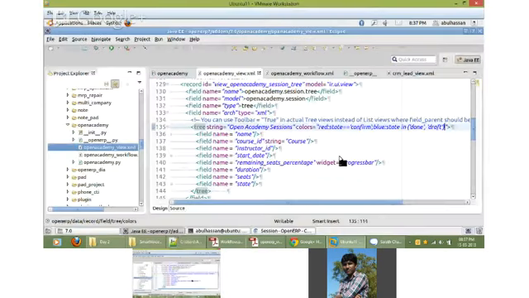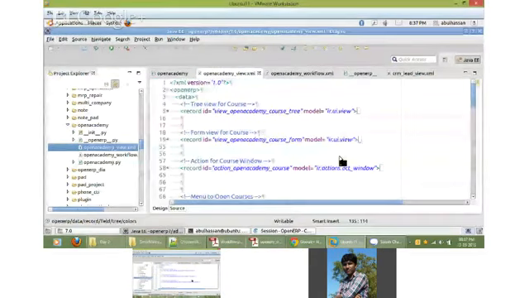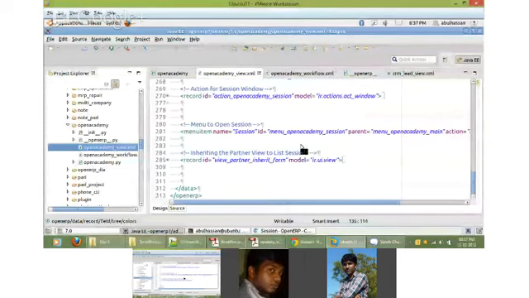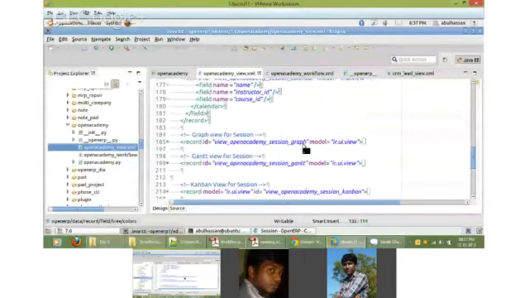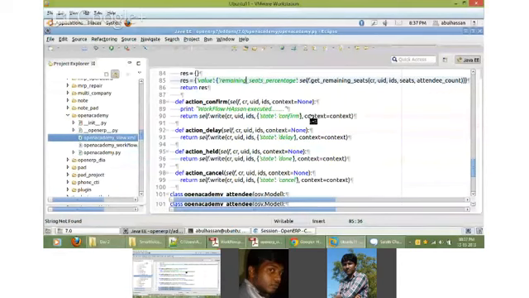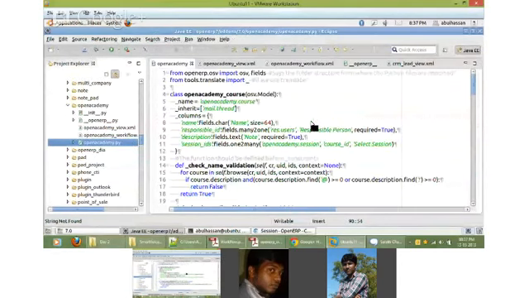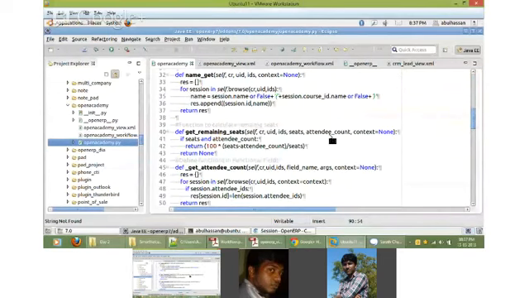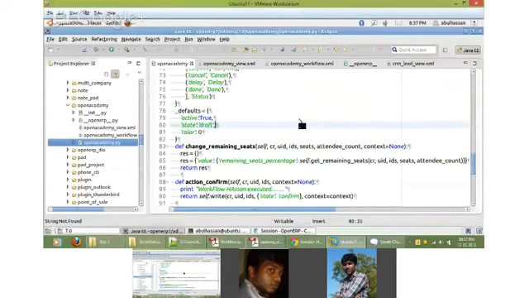There is a property called ATTRS. Please note it down. Okay, ATTRS. Based on condition, you can actually show some part of the document and hide some part of the document. That is what you are asking, right? Yeah, exactly.